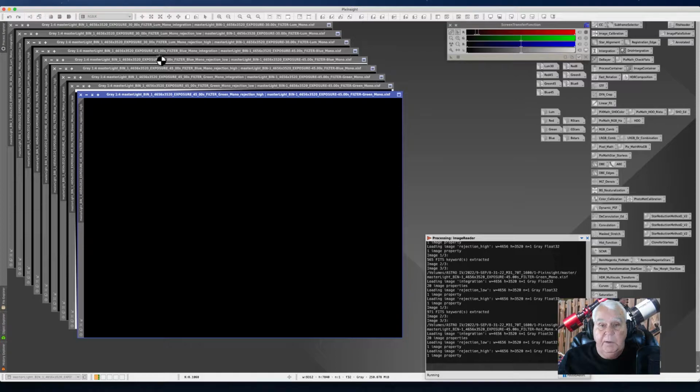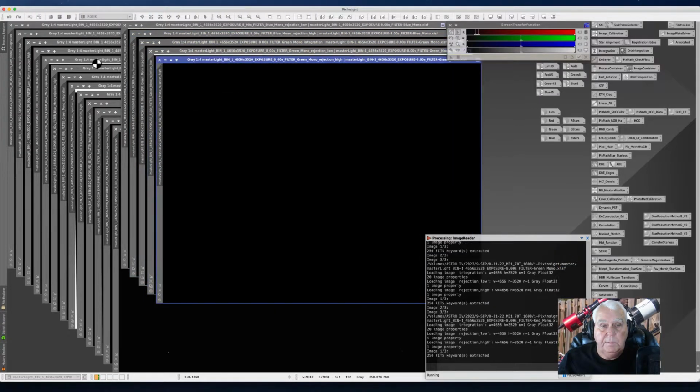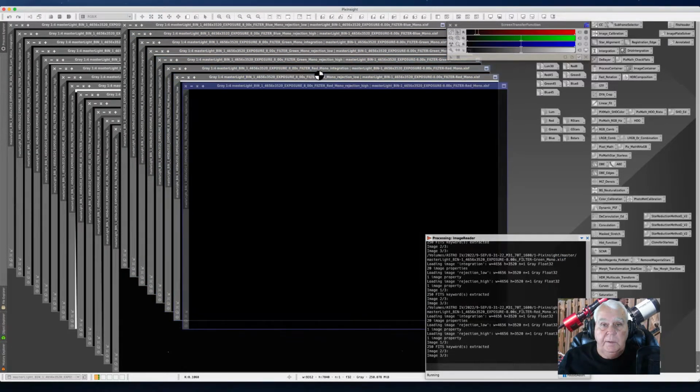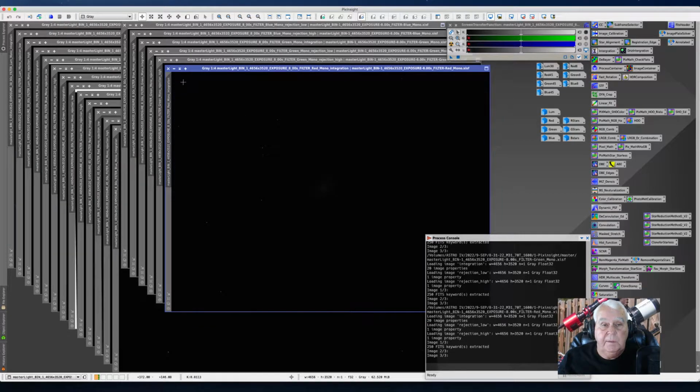And this will kind of bring you up to date with where I am, with the exception of drizzle. Okay, well, still not done. All right, this is the high rejection for red, and I don't need that. This is the low rejection for red, and you can stretch that and see what pixels are hot. So this is the red